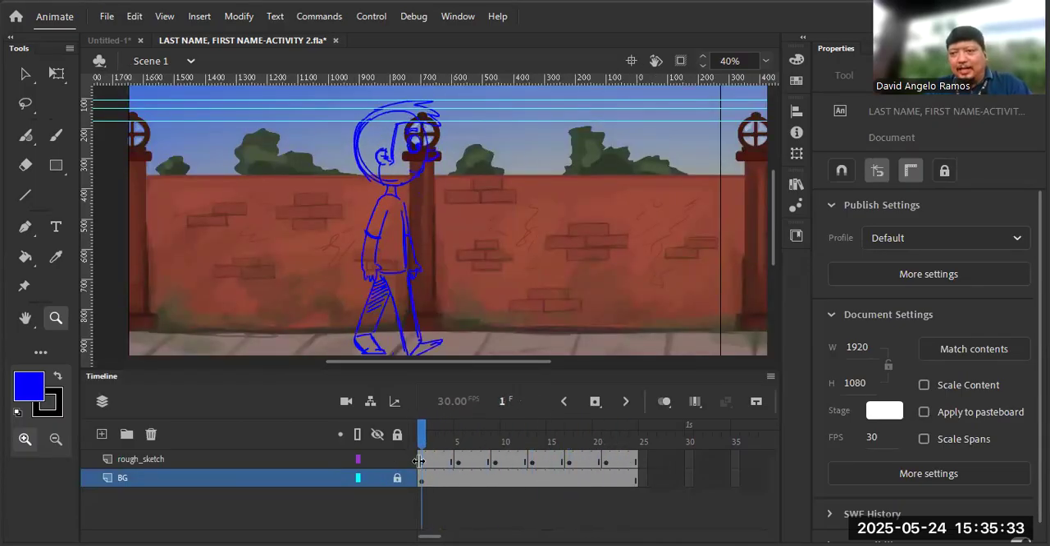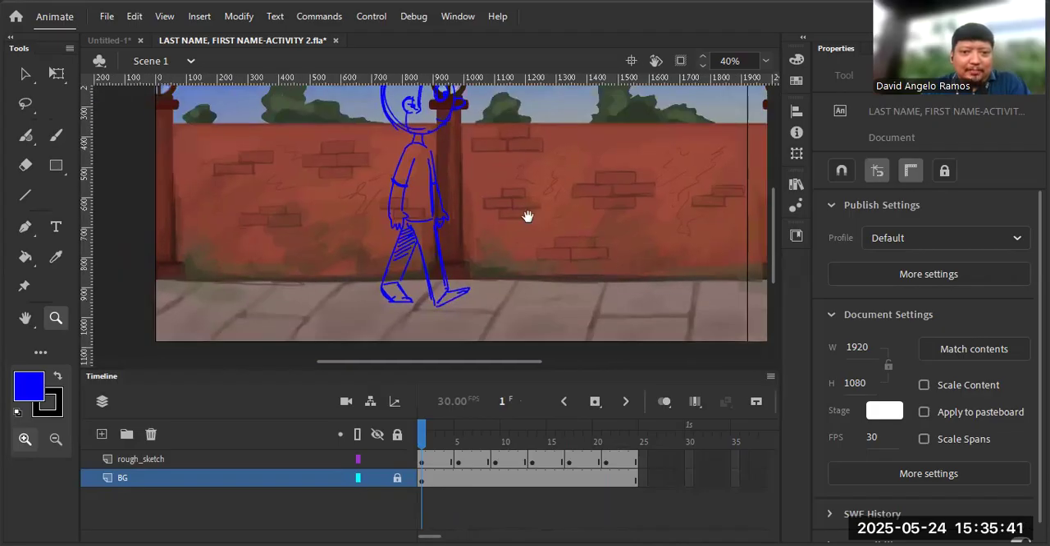Now, as you can see, this is my new rough sketch right here, and it's in model. The character is in model. So now what I'm going to do here is that